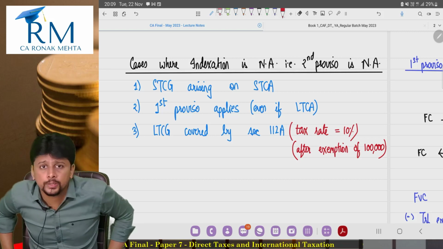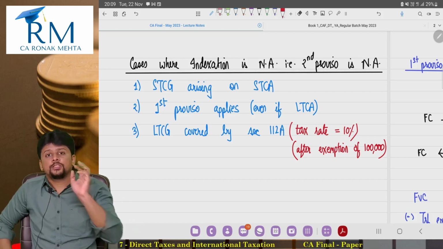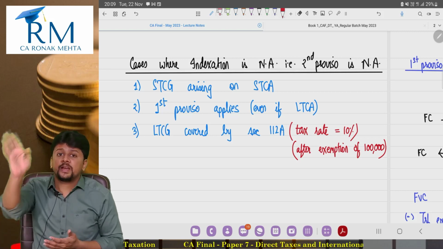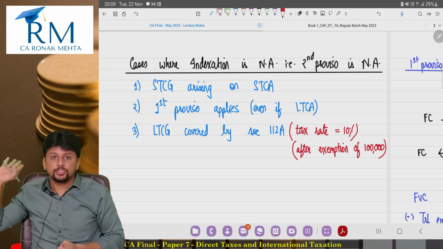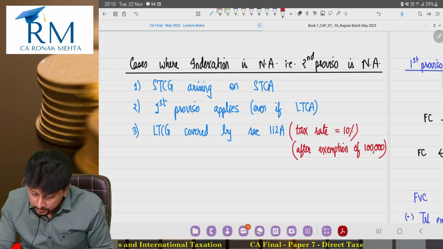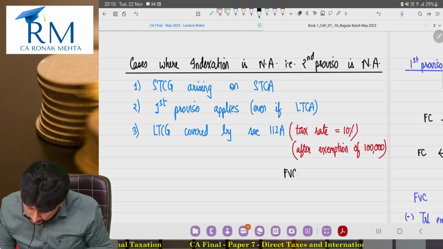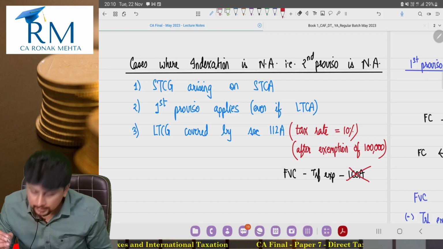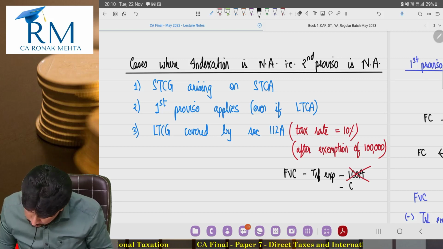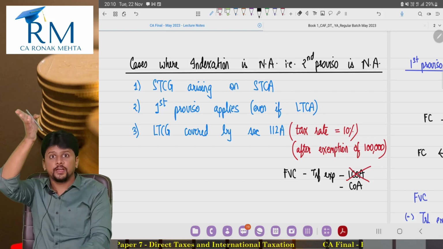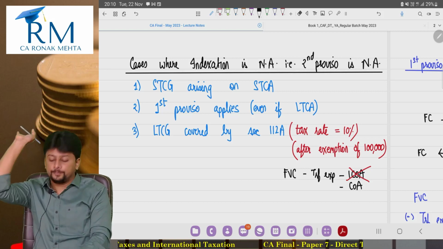I just wanted a student to understand this comparison in his mind कि the general rate is 20%, तो 20 से जब मैं reduce कर रहा हूँ तो मैं indexation benefit नहीं दूंगा. I will withdraw indexation benefit and I will say apply tax at the 10% rate only but without indexation. That means in better words I would say full value of consideration minus transfer expenses minus index cost of acquisition नहीं. I will only subtract cost of acquisition. Second proviso will not apply. अरे section 48 main section तो will apply. Second proviso apply नहीं होगा.